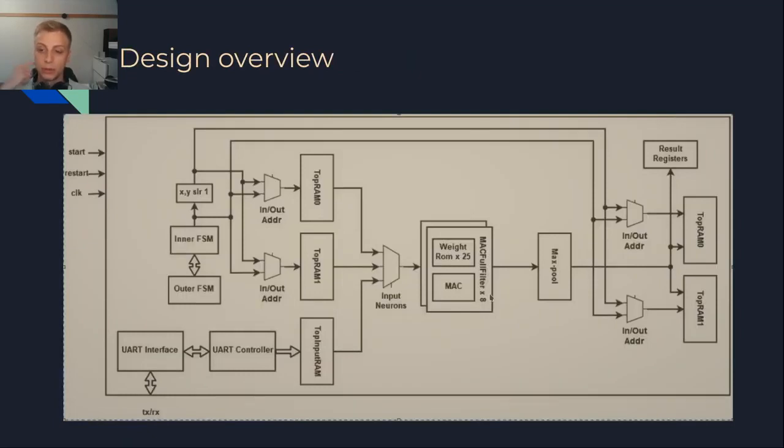So the hardware for the bachelor's can be seen here. We have some inputs and outputs, and then we used a double RAM implementation where one RAM, which is top RAM 0 here, is used for loading the neurons, and the other one is used for storing the neurons. And then when one layer has been processed, we swap them over and load from the opposite RAM